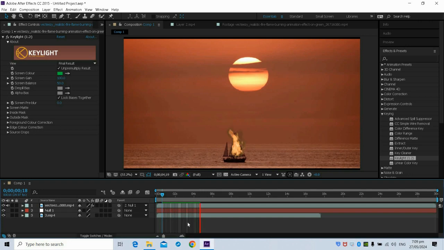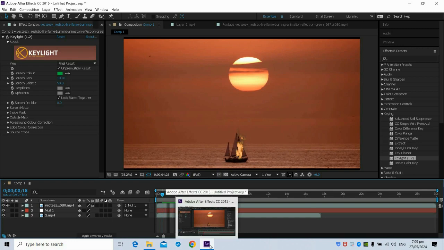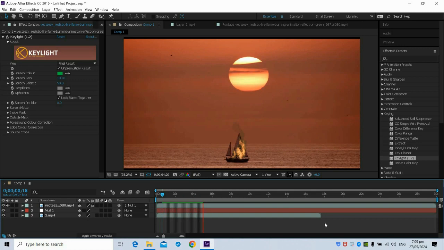Okay, so let's pause the video. So when you play it all throughout, the fire will follow the sailboat's motion.